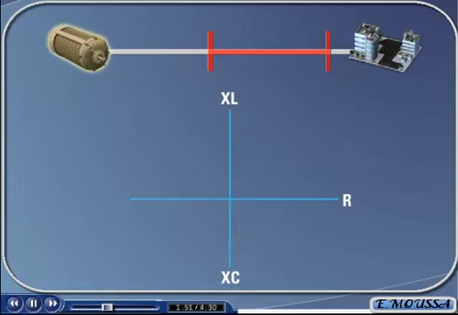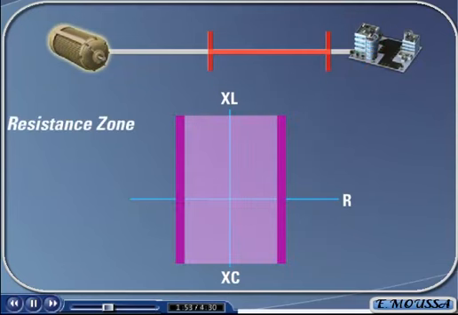The next zone of protection we will look at is a resistance zone. This type of zone is used to detect when the impedance of the fault has a very high inductive component in it. If the fault does have a high inductive impedance, this indicates that there is very little or no resistive load at the end of the transmission line, and it is likely that the fault is located on the